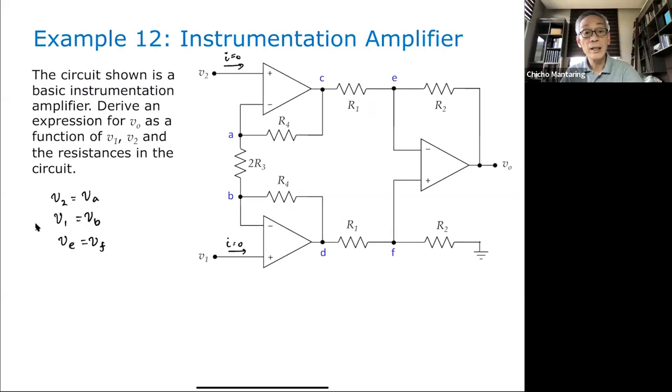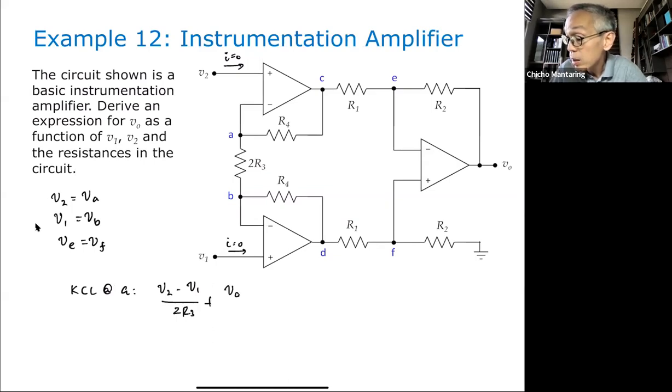Okay. And then I can apply KCL here and KCL here. No? So KCL at A. Okay, what will that look like? So I'm going to get VA minus VB over 2R3, but VA is V2 and VB is V1. No? So this is V2 minus V1 over 2R3 plus